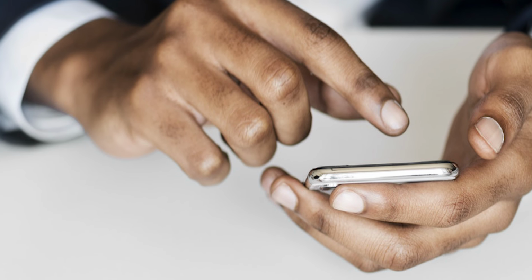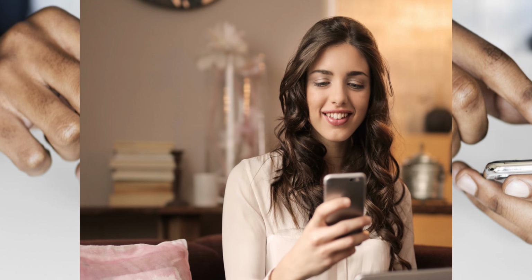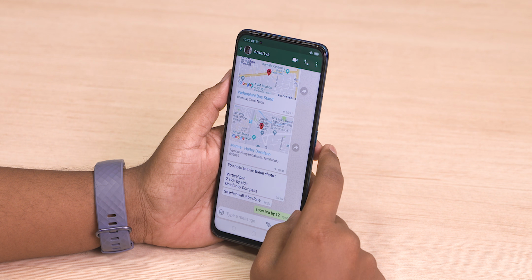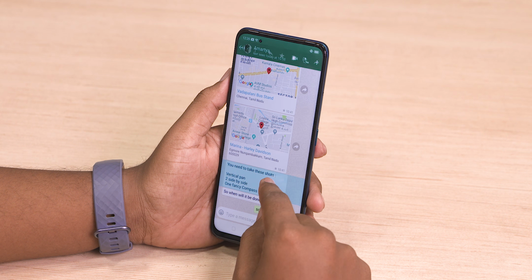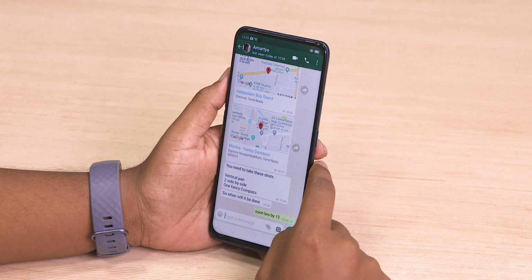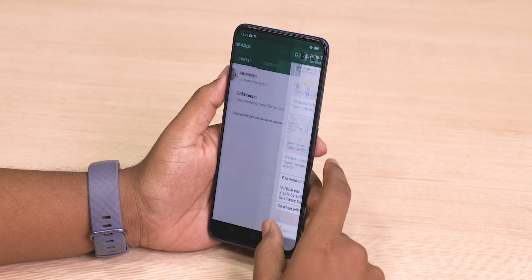So for the number 1 spot, we have the ability to star and pin. Sometimes we want to remember special messages. Maybe they have some important info in them or are of some sentimental value. Well, whatever may be the case, you can do so quite easily by starring your messages. Just long press on any message and you will see an option to star it come up on the top bar. You can check out all the starred messages by clicking on this option from the 3 dots menu available